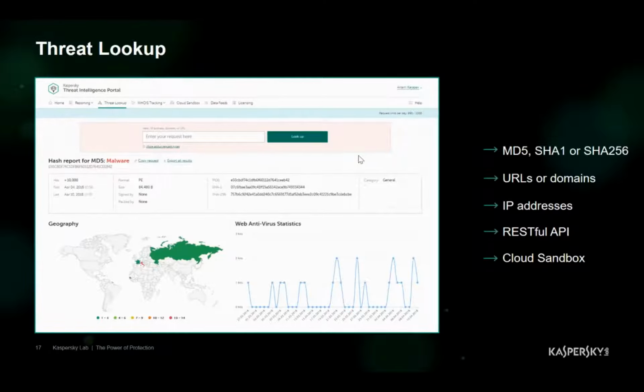a specific MD5, IP address, URL, domain, or even hashes, SHA1 or SHA256 for a specific malware. So they can search for this specific object. So in case the customer has some unknown URL, domain, or IP address detected on the network, he can send or upload this object to our threat intelligence portal, or threat lookup portal, to search